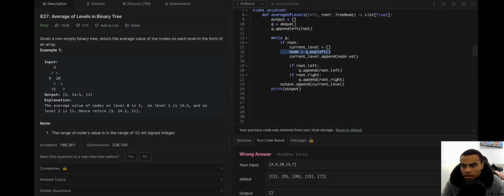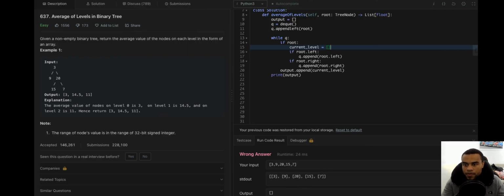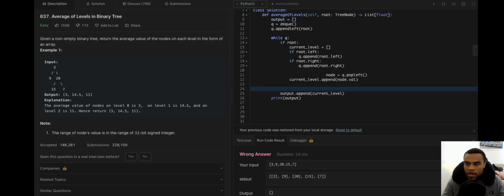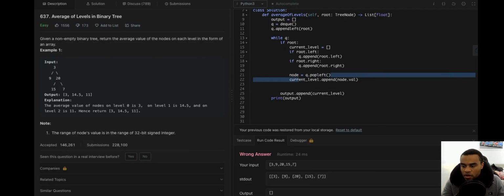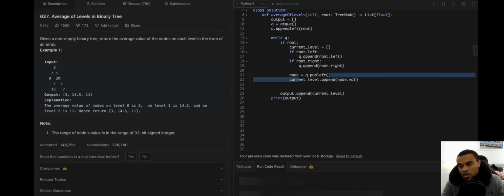So we add a thing here. I think we do this at the bottom. So we do that. We add our stuff. Now we extract the nodes one by one and then add it to the current level. Or not.